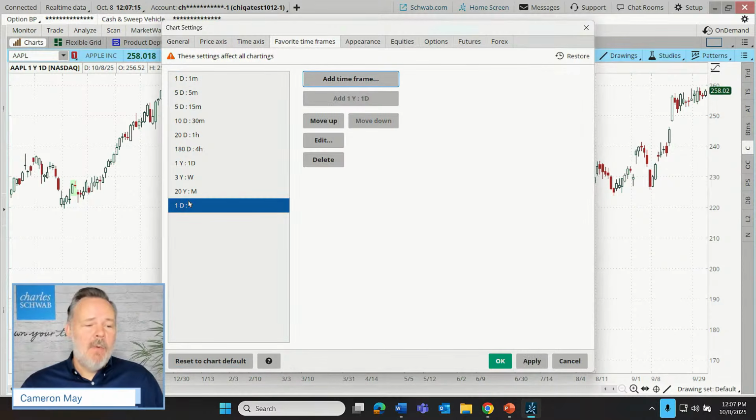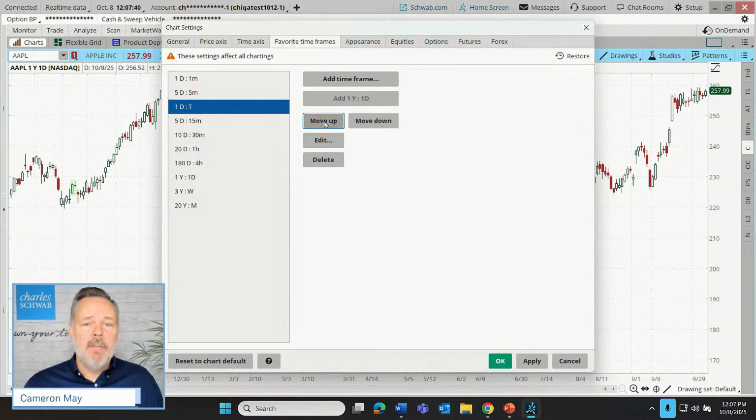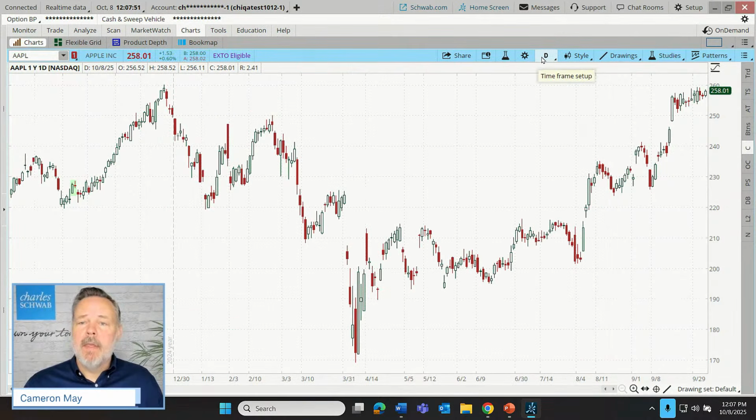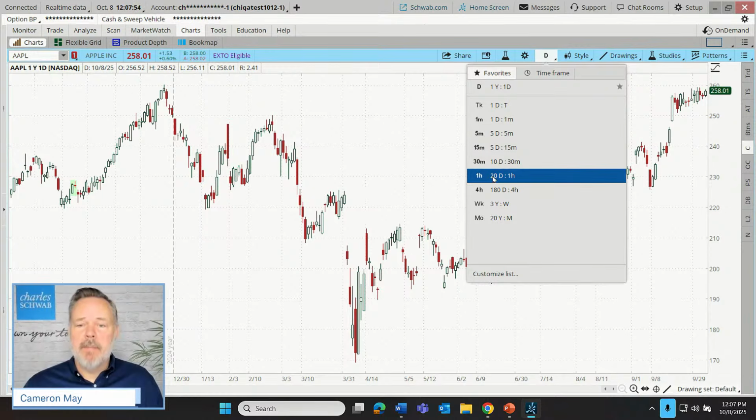Let's add that. Now what that does, kind of counterintuitively, anything new that we add here as a new time frame, it positions it down here at the bottom. Now that was sort of chronologically correct for our 20-year chart, because it's the longest chart, and these are going in sort of ascending order of length. But this one's actually our shortest. So I may want to move this one up. Let's move that up. You can see as I click move up, it's just pulling it up from the bottom toward the top. And then I'm just going to click apply. And now that will be accessible in our list of favorite timeframes here.